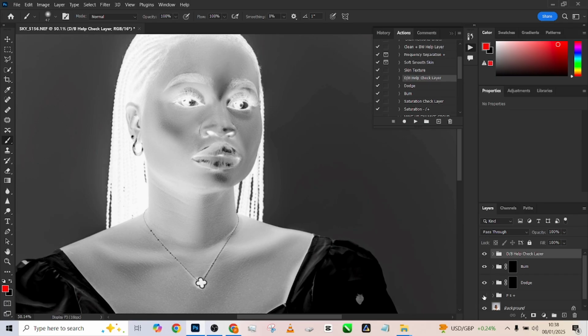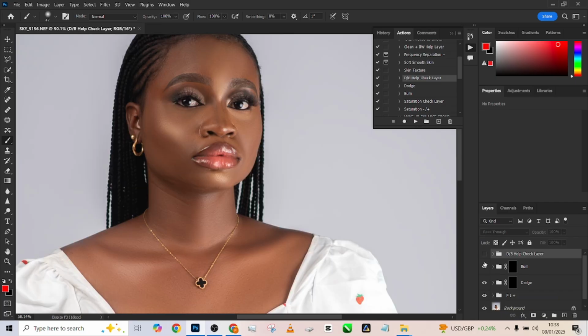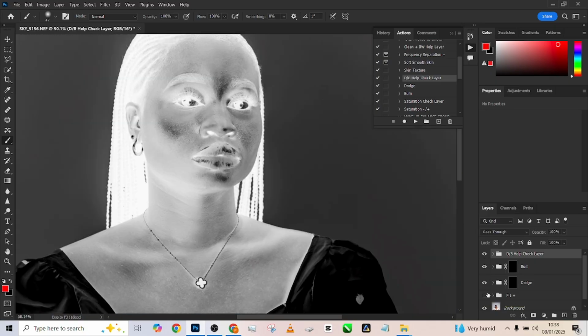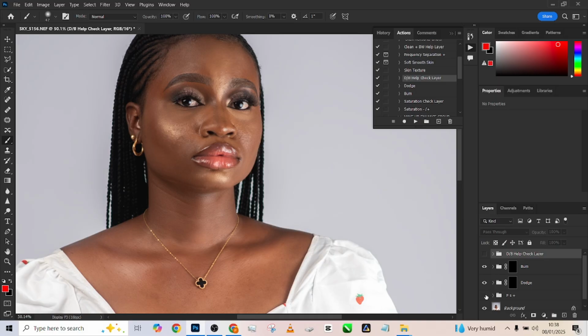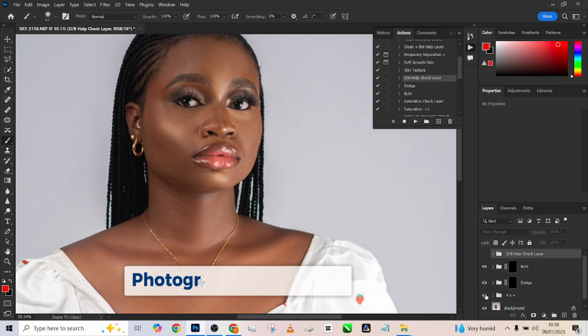And you're going to notice that every single thing is on a different layer, so that we can even have manual control. So for example, when you are doing your dodging and burning and you feel that your frequency separation got in the way too much, that you're no longer seeing the original shape of the image, you can turn off your frequency separation. That is if you are not using your check layer, because I think the check layer takes care of that when you are doing your dodge and burn with your frequency separation on. So when you're not using your check layer, you may need to turn off your frequency separation to see exactly the way the lights are falling on your image,